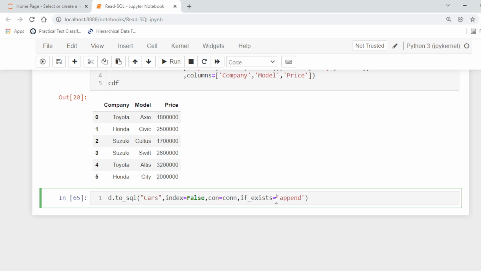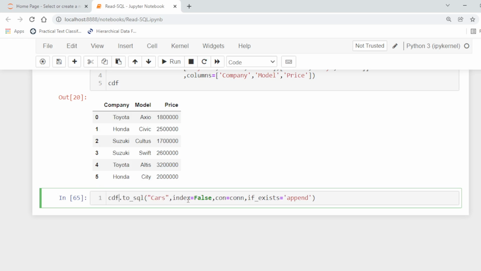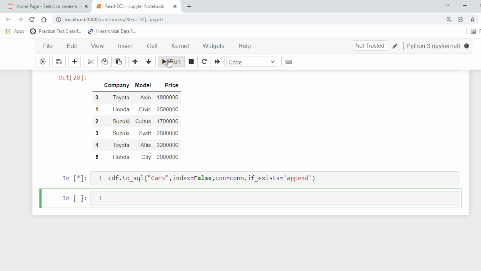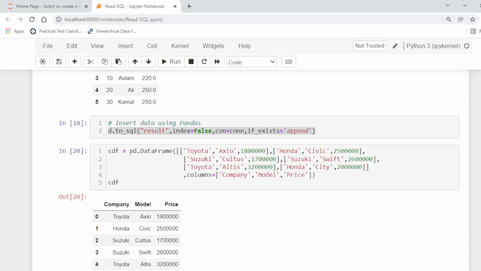So actually, if we append or we create, it will create the table, and the data will be written from our data frame, CDF, so it will create a table. So a cars table was created by using the pandas functions.